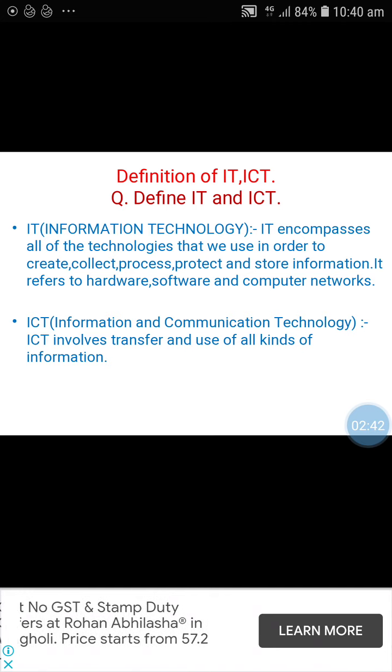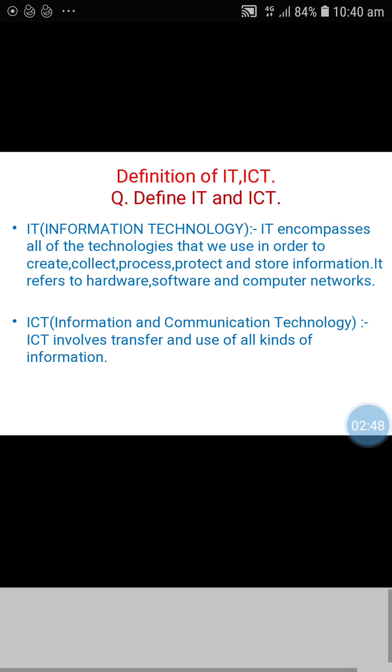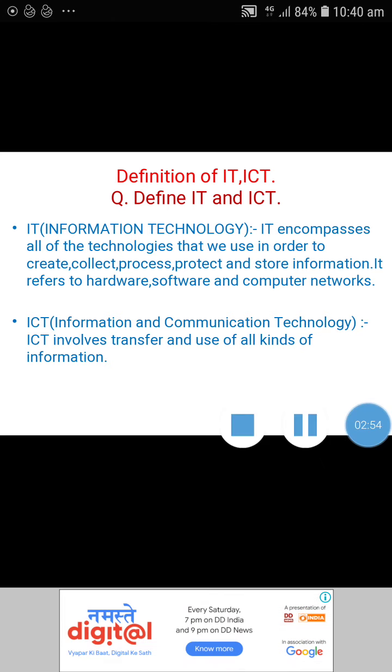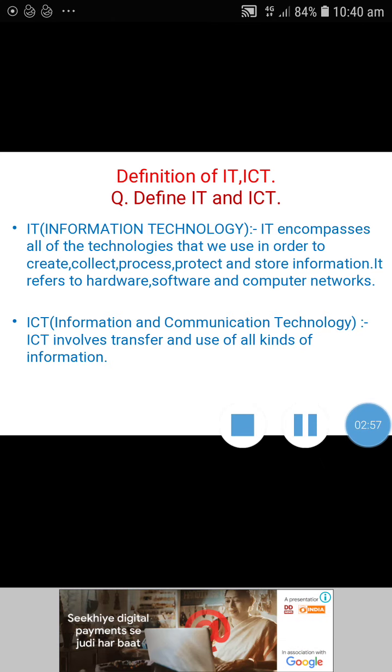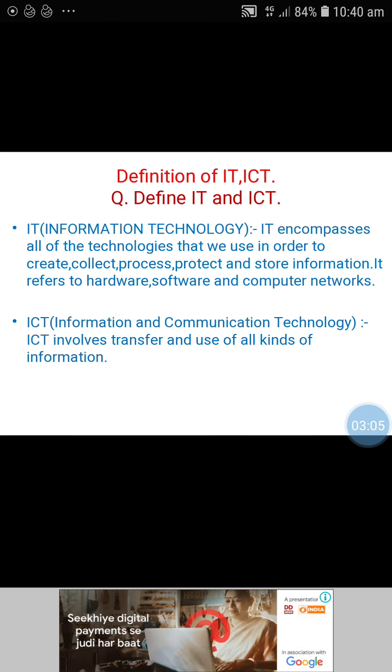After that, second is ICT. The full form of ICT is Information and Communication Technology. ICT involves transfer and use of all kinds of information.